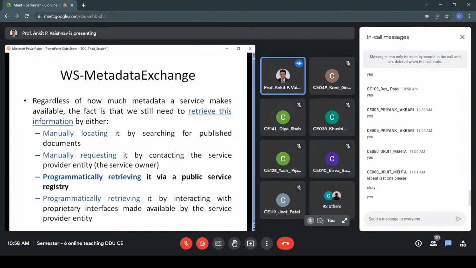Okay. But as you can see, the third option is marked as bold. Can you tell me why? Why is the third option marked as bold? We have seen all four options, right, for downloading the metadata. So why is the third one marked as bold?